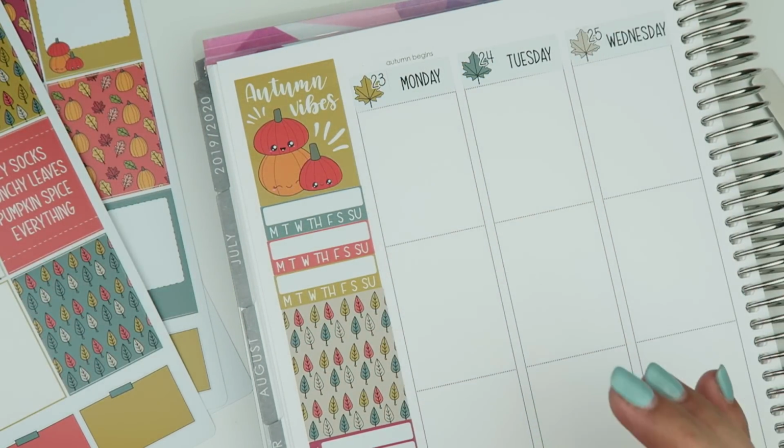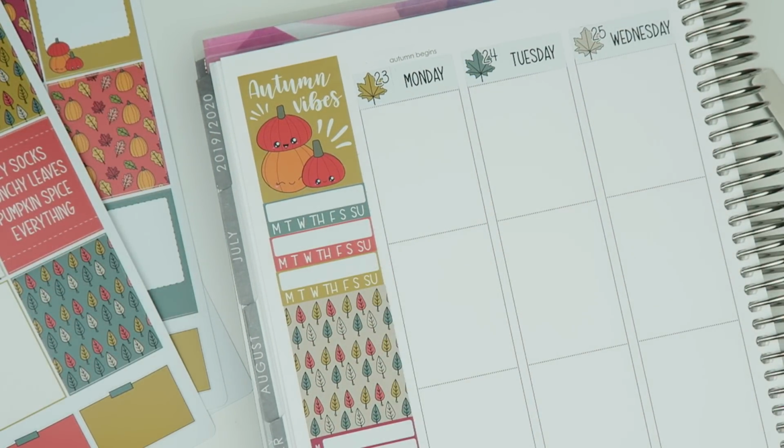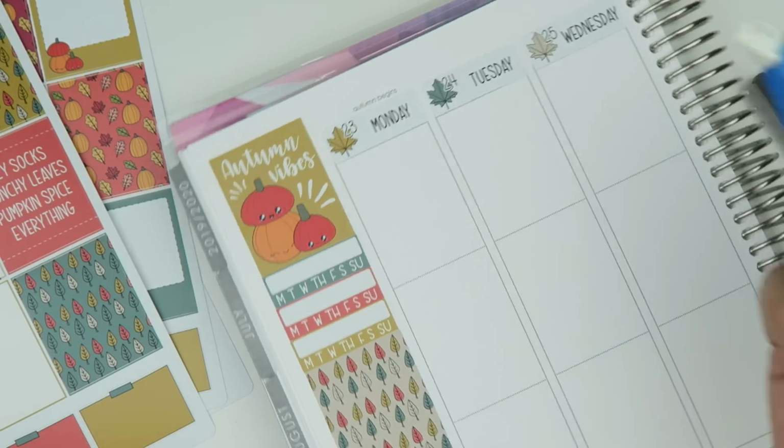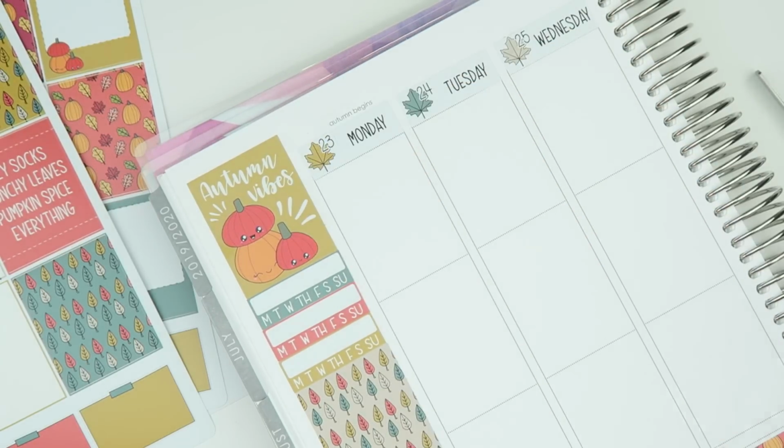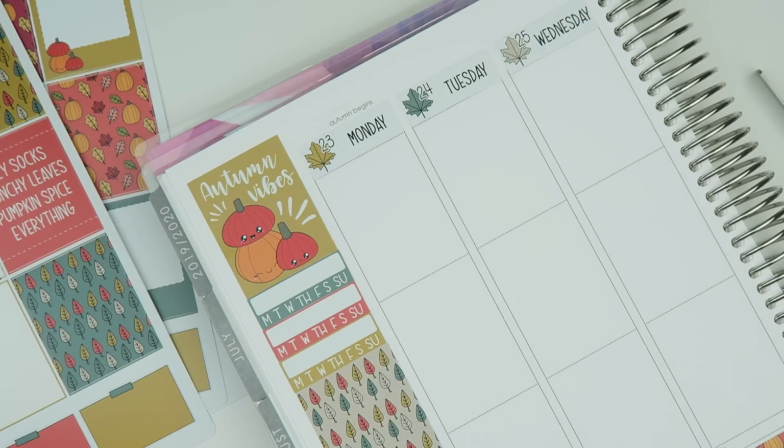When we opened it up, oh my gosh, it just smelled so good. It made me want the fall to be here already. I want to cover this up and use a wacky holiday, but I'm gonna wait. And let's